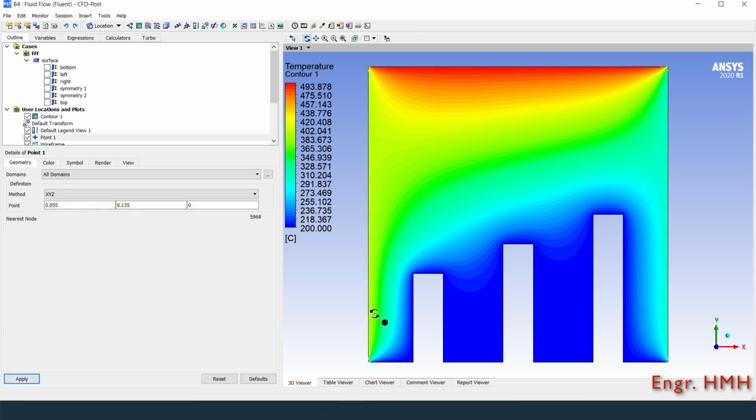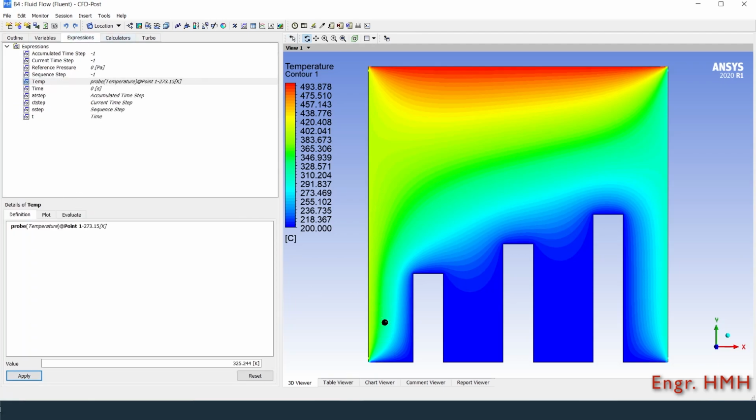Here in the viewer, you can see the point is shifted to a new location. Go to the expression tab and just hit apply. Here you have a new temperature value of 320.109 degrees Celsius. This is it in the CFD post.